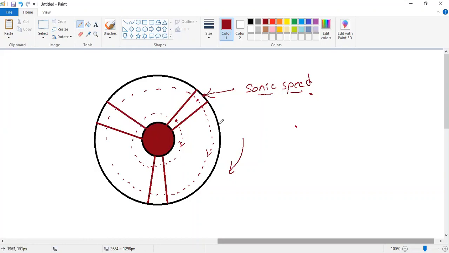Whereas the part which is at the tip has to rotate a larger circumference, but in the same amount of time, right? It will not happen that this part of the blade is rotating first and then this is rotating. Both of them will rotate at the same time. So the part of the blade which is at the tip will rotate at a very high speed. In the same time, it is covering a larger distance because speed is equal to distance upon time. So the blade tip is covering a larger distance, and when it is covering a larger distance, its speed increases.